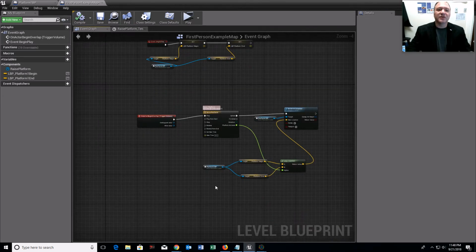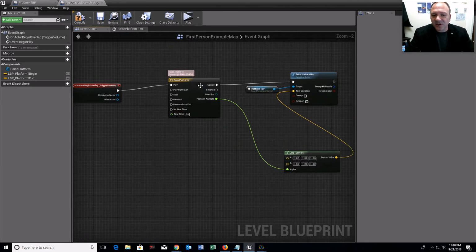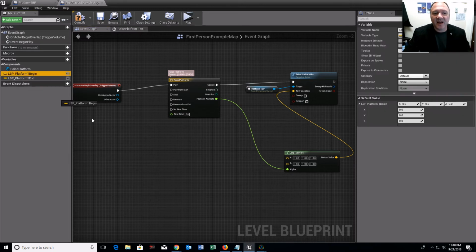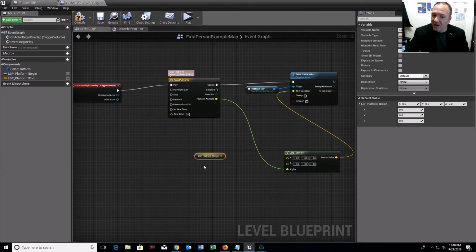Okay, great. I actually can delete this. That's fine. I'm still going to use that timeline, 0 to 1. But what I'm going to do now is use the level blueprint's begin. I'm going to drag it from my variables set thing, and say get LBP platform begin, and drag that into the A node.